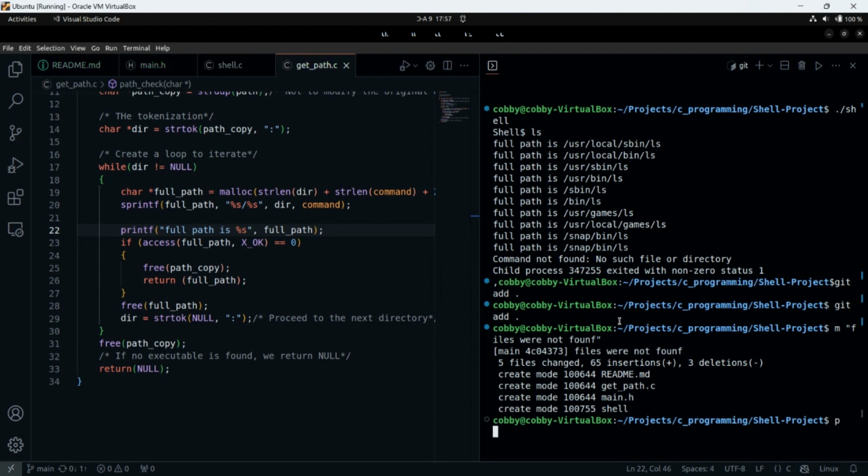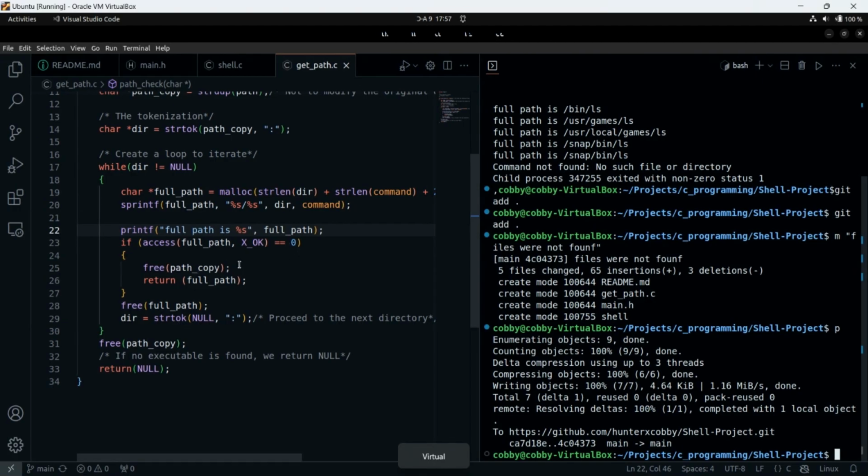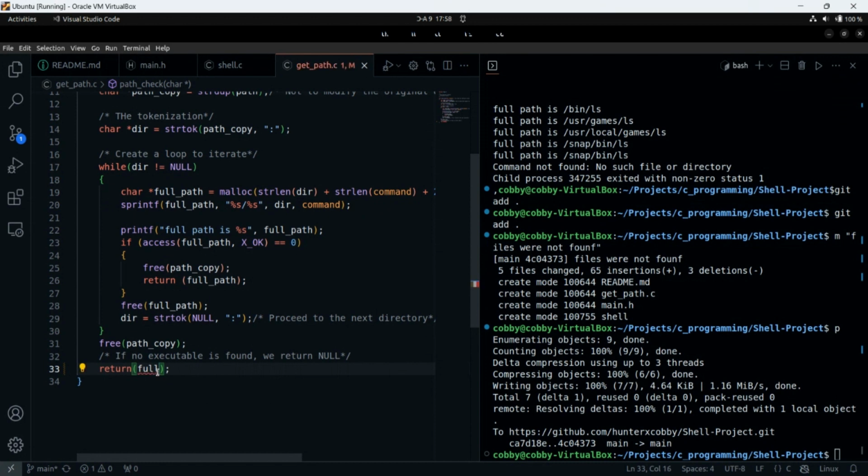So now let's solve the second problem we think might be what's wrong with our code, right? So let's remove this. Let's try and return this full path without checking for anything. So our function will return what? First of all, our function will return full path. So yes, I think this one even solves it. Either way, we are still returning full path. Even if it's not executable, we still want to return full path, right?